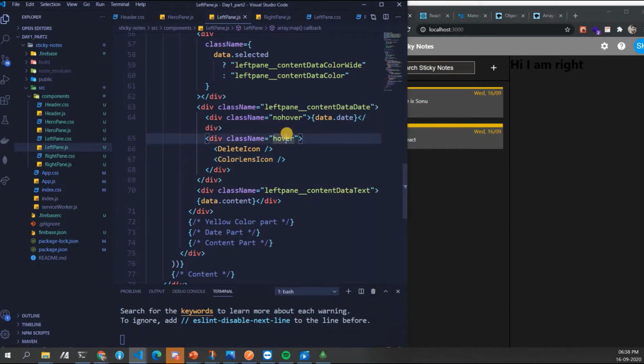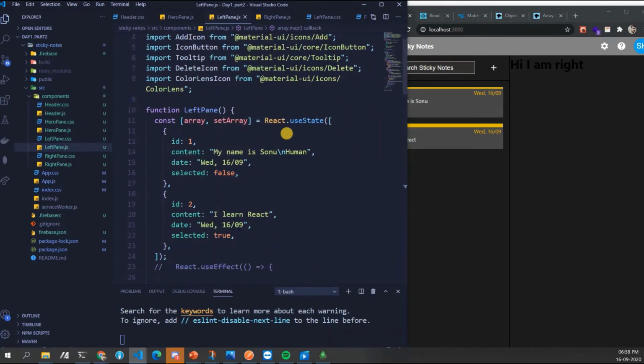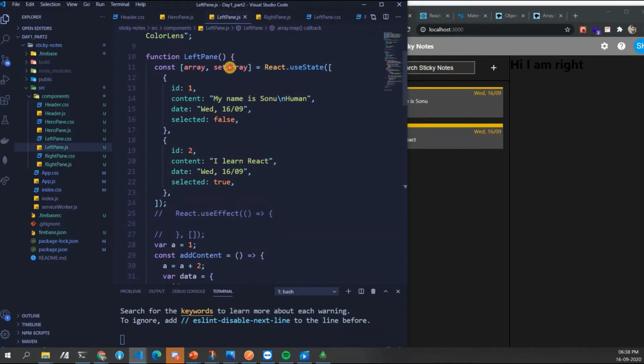This is the advantage of using state. These are immutable, but with set you can change it anywhere in the canvas that you are seeing, or anywhere your data is. So this is all about this part, guys.